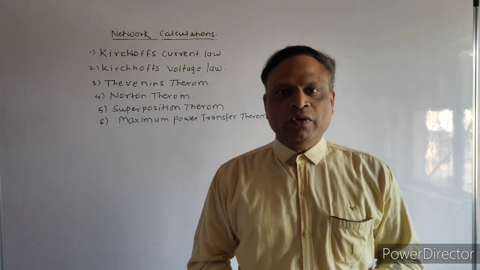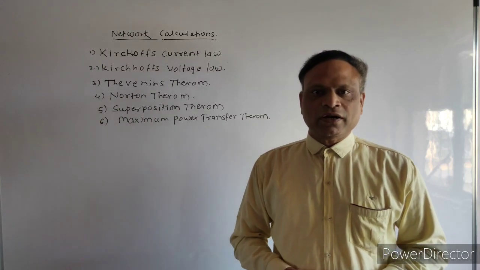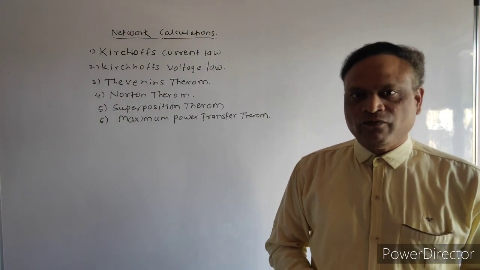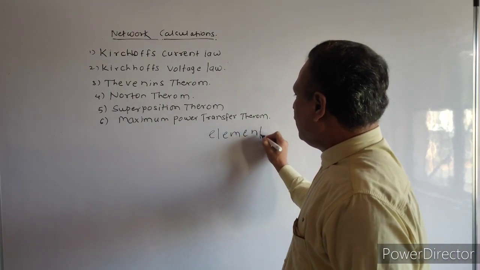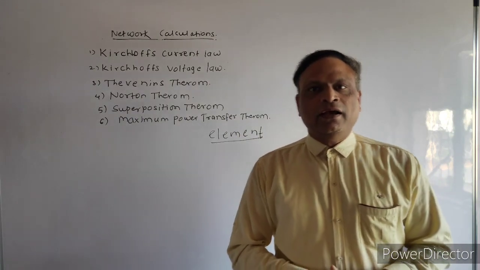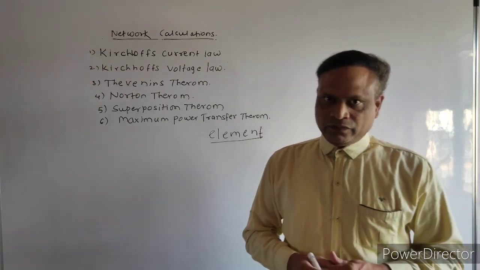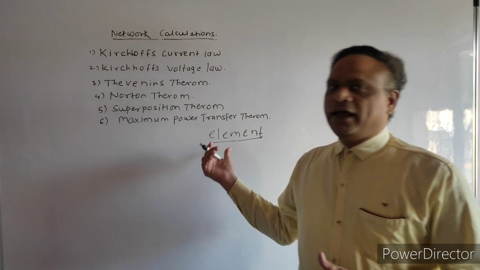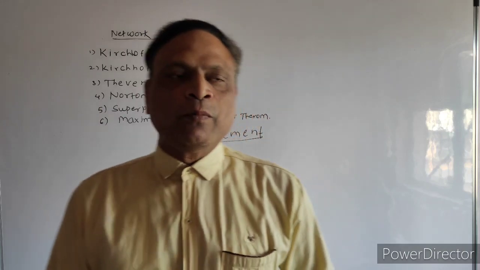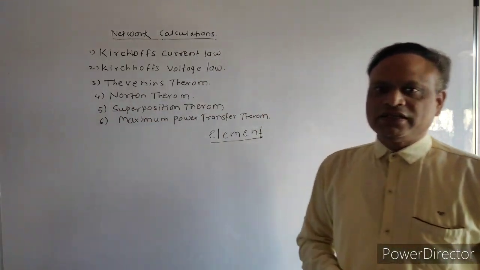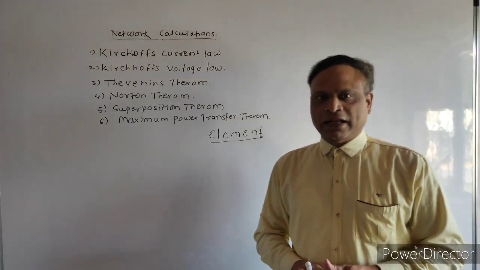So in this session we will consider Kirchhoff's current law. To understand Kirchhoff's current law, we must be familiar with four terms. The first one is element. What is the element in the network? Element means resistance, capacitor or inductor. We consider these as the elements while solving DC network problems. Of course, for DC circuits, resistance will come, but inductor and capacitor will not arise.